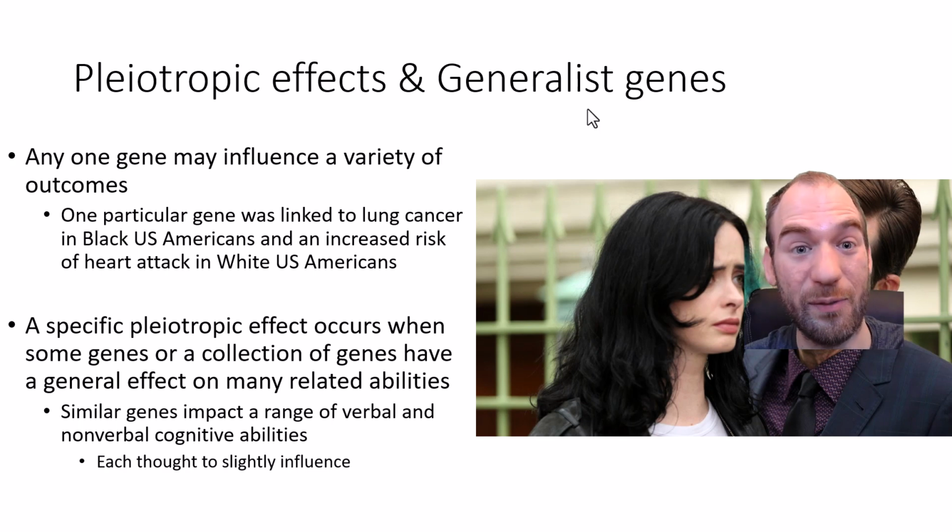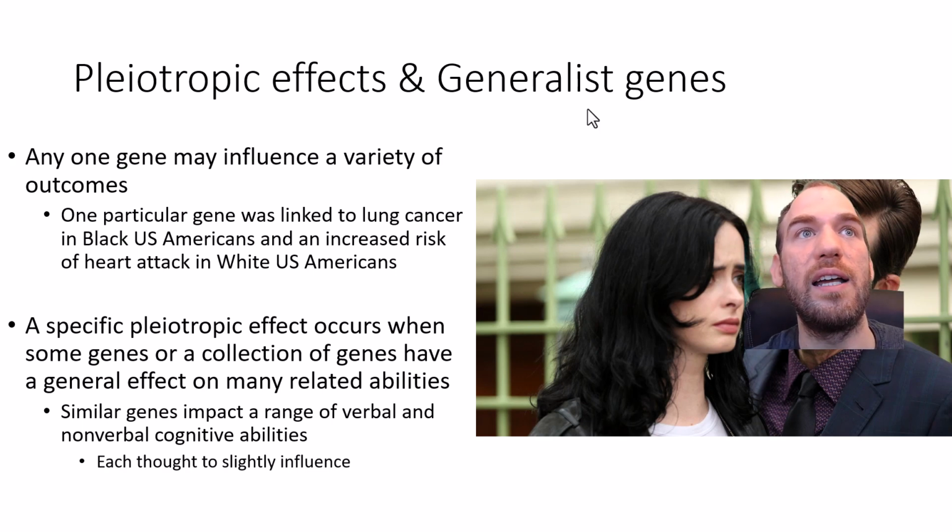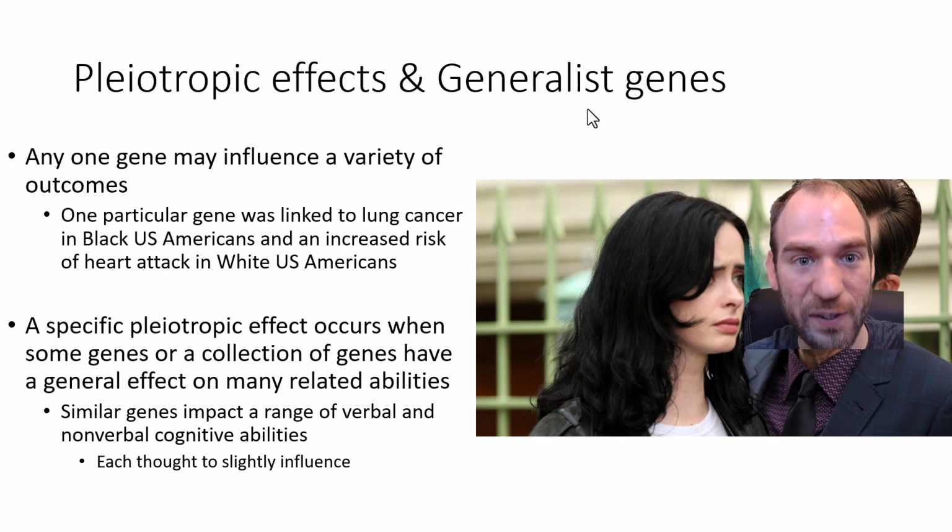So again, both negative developmental outcomes, but we see the same gene increasing the likelihood of a specific negative developmental outcome differently between these two races. So we basically have two different negative developmental outcomes. The gene may be broadly related to negative developmental outcomes, but the specific outcome, either A, heart attack, or B, lung cancer, varies across groups.